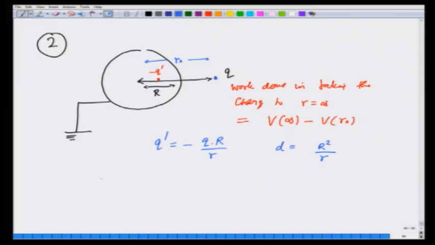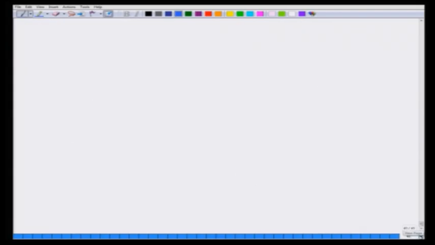Therefore, the distance between q and q prime is equal to r minus R square over r, which is equal to r square minus R square over r. And therefore, the attractive force F is going to be equal to